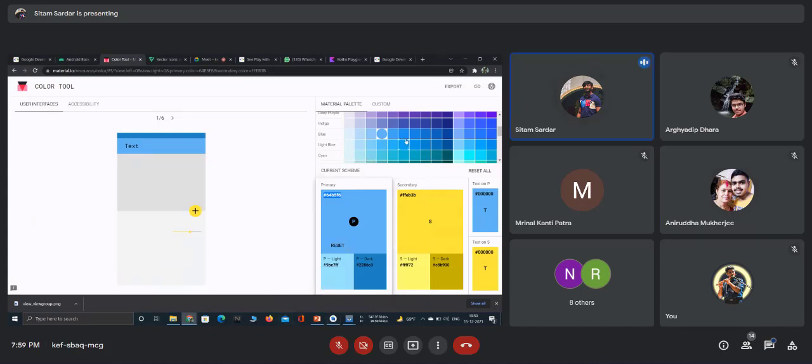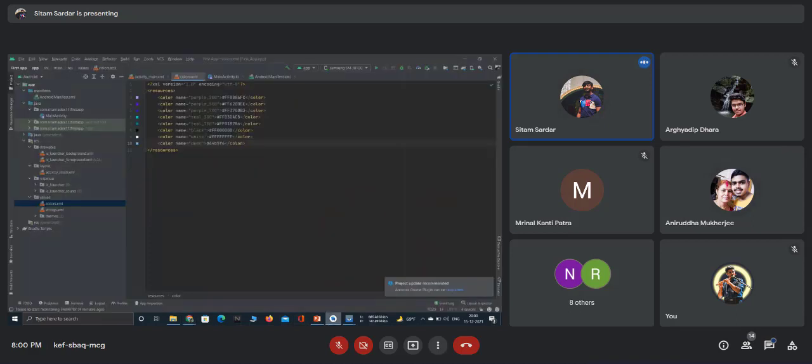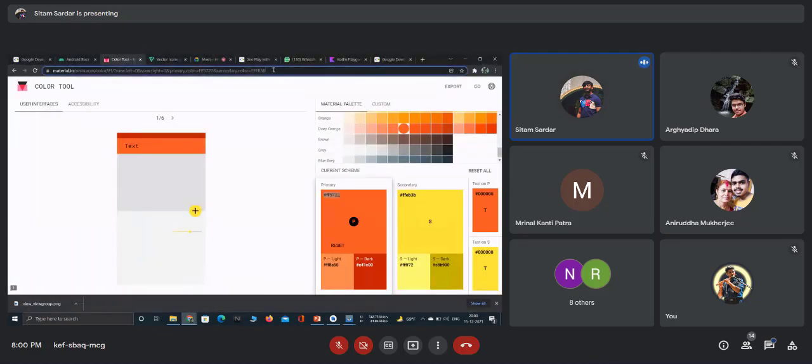Actually, I will suggest using this website only to select whatever color you want. Let's say I am thinking to use this color. Okay, so I want this color only. So just copy the hex code from here. Go to your Android Studio. Give a particular color name here, and simply copy it here, and the color comes accordingly. So I am sharing the website link. We will use it in today's project.